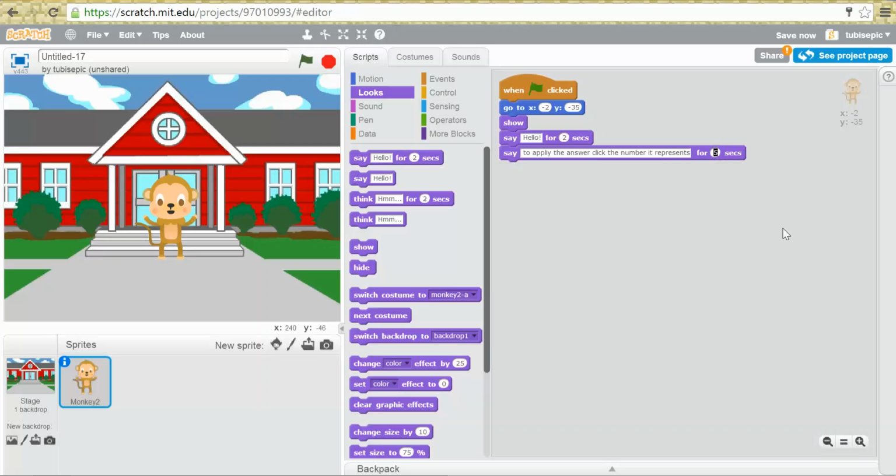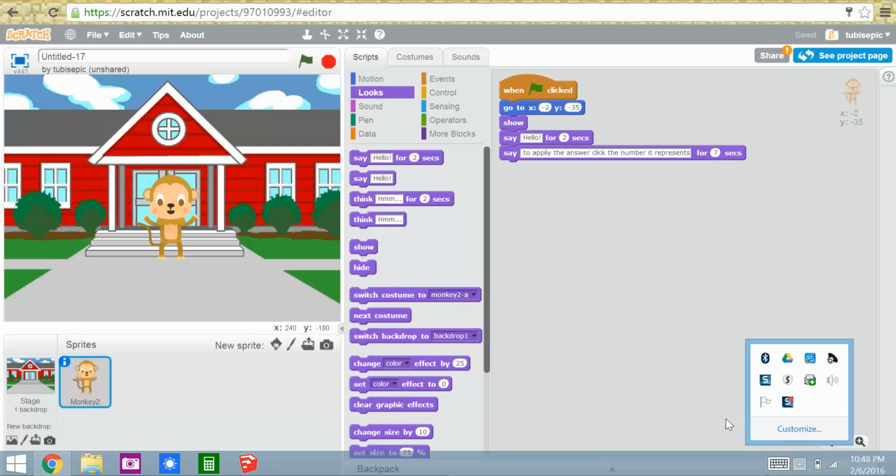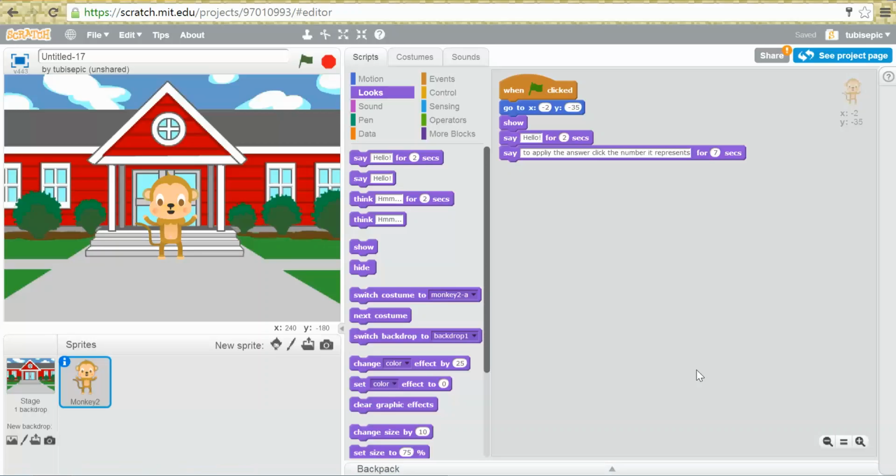And I think I'll do that for 7 seconds. And to make sure it's recording, I forgot to do that. Yeah, it's working. So then he'll say the question. You want him to say it so the whole time you can look at it, or it might get in the way, so temporary. Yeah, say